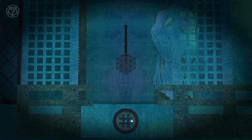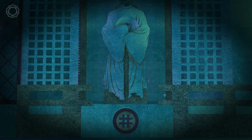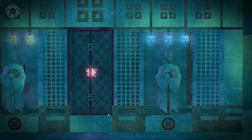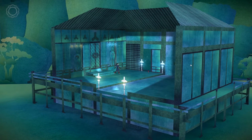Again, bring it all the way down and then rotate it all the way back, because you've got to put things in the statues and they won't allow it unless they're rotated into the middle. And now, double click out, and again fold the paper out. So now we want to come to this other door,